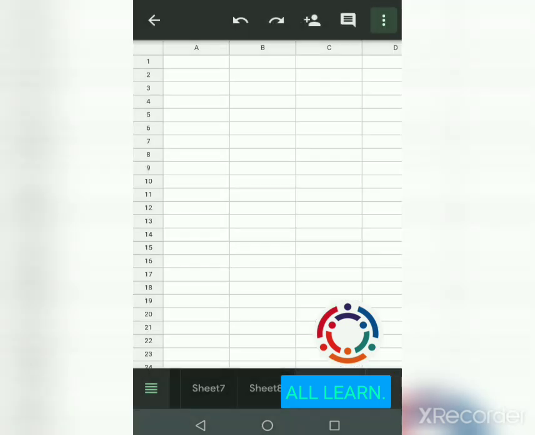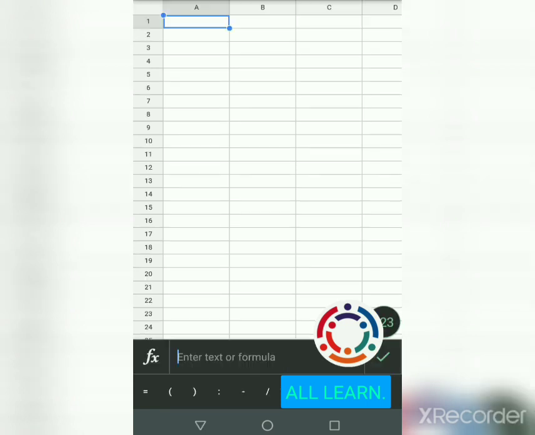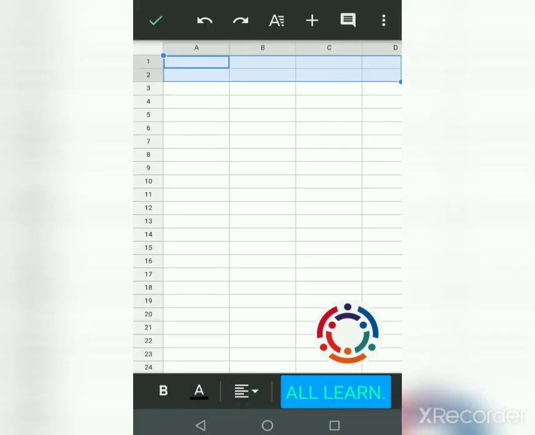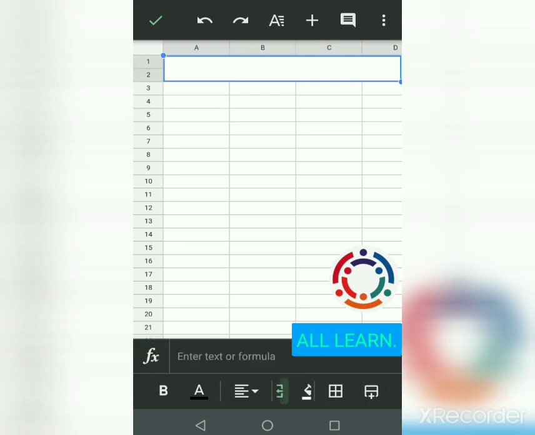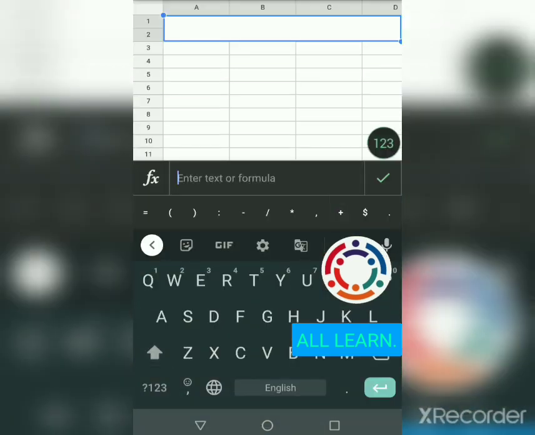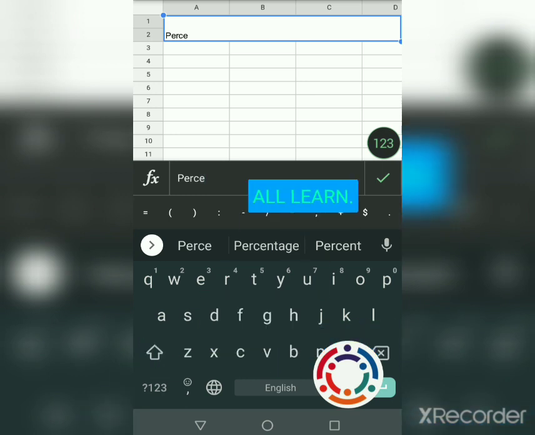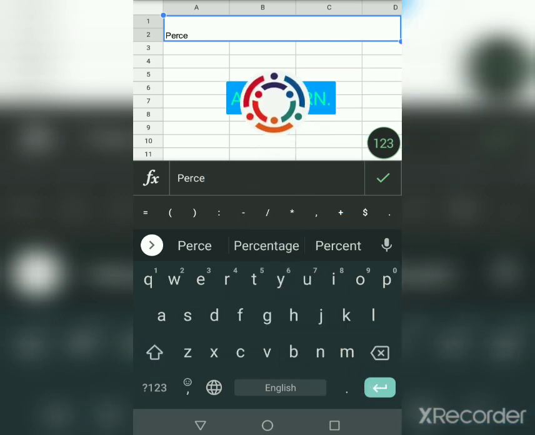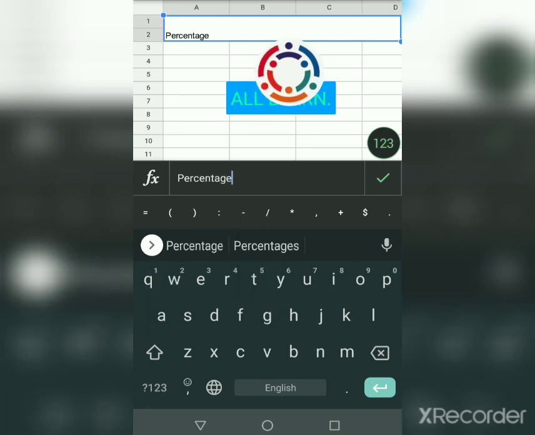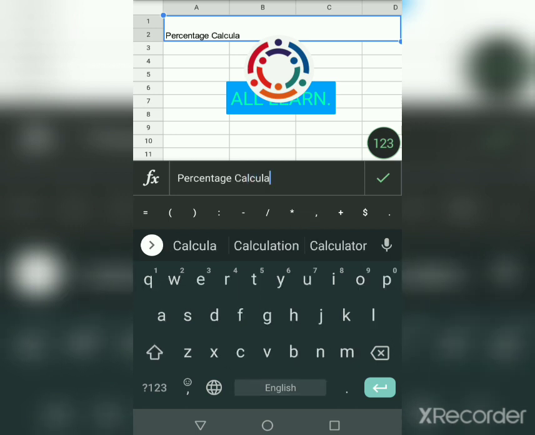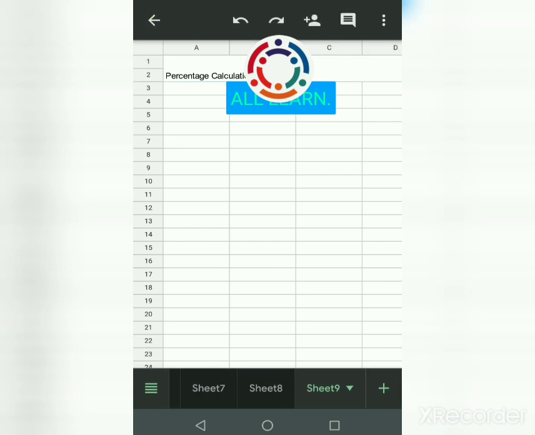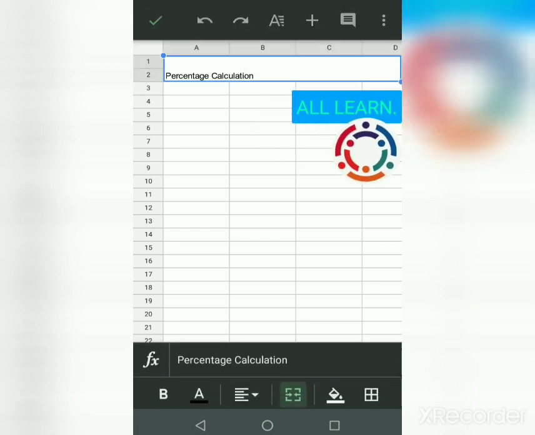Hi friends, hello. Today we learn about percentage calculation. How to calculate percentage. Okay, let's start. Start with the heading. First we have to write it: how to calculate the percentage. Percentage calculation. In percentage calculation, first we start with